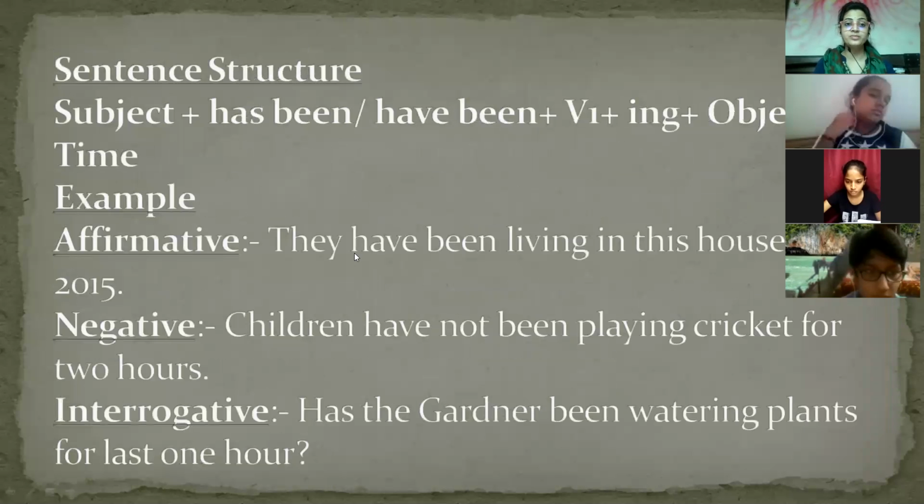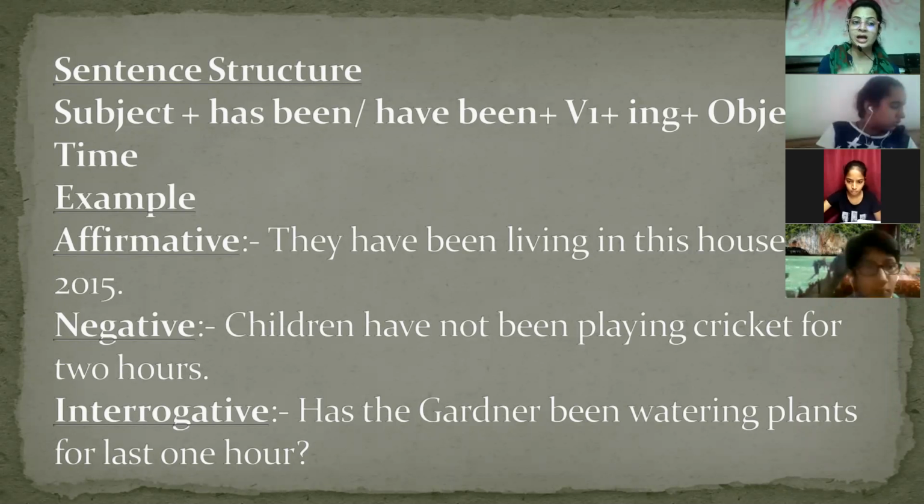For example, the sentence structure for the same is subject plus has been plus have been plus V1 plus ing, then object, then time. V1 means verb के first form. See, why it is a combination of present perfect tense and present continuous tense. तो दोनों की चीजें मिक्स होके यहाँ पे स्ट्रक्चर में आती है. See, has have आता है, been we add, then we add V1, then we add ing as we use in present continuous tense, and then object, and then plus specially time we use.